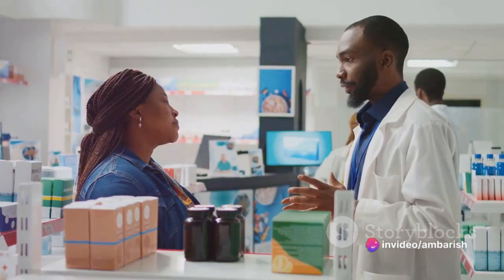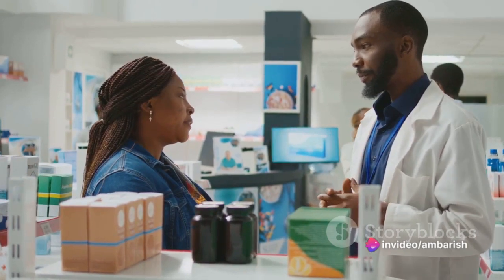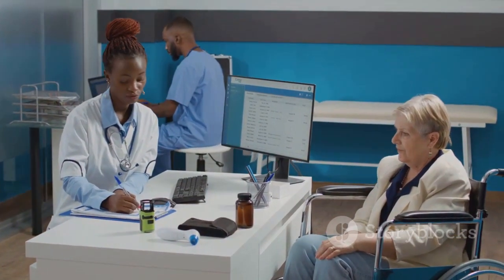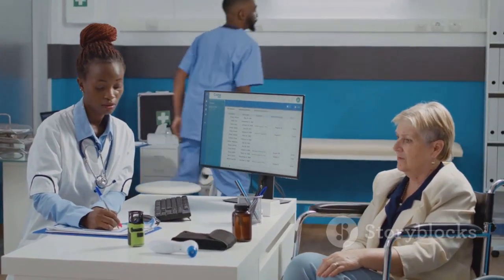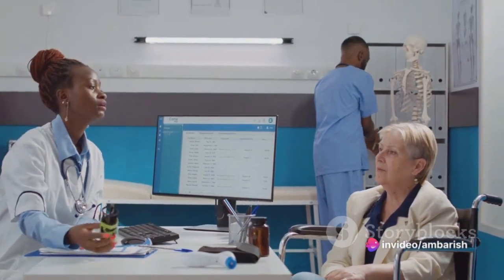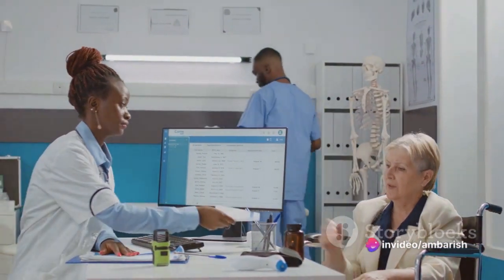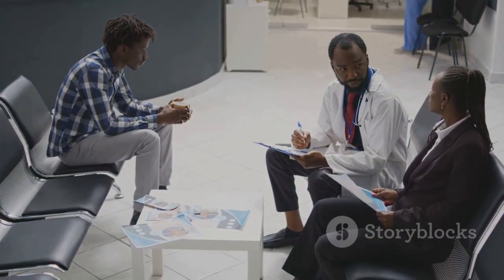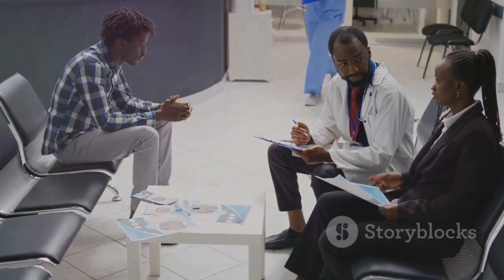However, this progression from HIV to AIDS isn't a given. We have a powerful weapon in our arsenal, antiretroviral therapy, or ART. If started early and taken consistently, ART can keep the virus in check, preserve the immune system, and prevent HIV from progressing to AIDS. It's important to remember that HIV doesn't automatically lead to AIDS. It's not a one-way street, but a possible path that can be diverted with the right intervention.